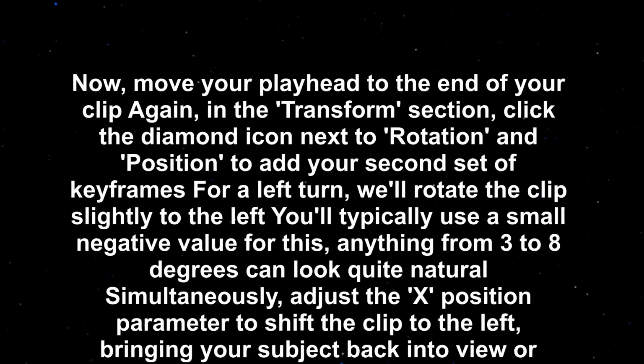Now move your playhead to the end of your clip again. In the Transform section, click the diamond icon next to Rotation and Position to add your second set of keyframes for a left turn. We'll rotate the clip slightly to the left. You'll typically use a small negative value for this. Anything from 3 to 8 degrees can look quite natural. Adjust the X position parameter to shift the clip to the left, bringing your subject back into view or creating